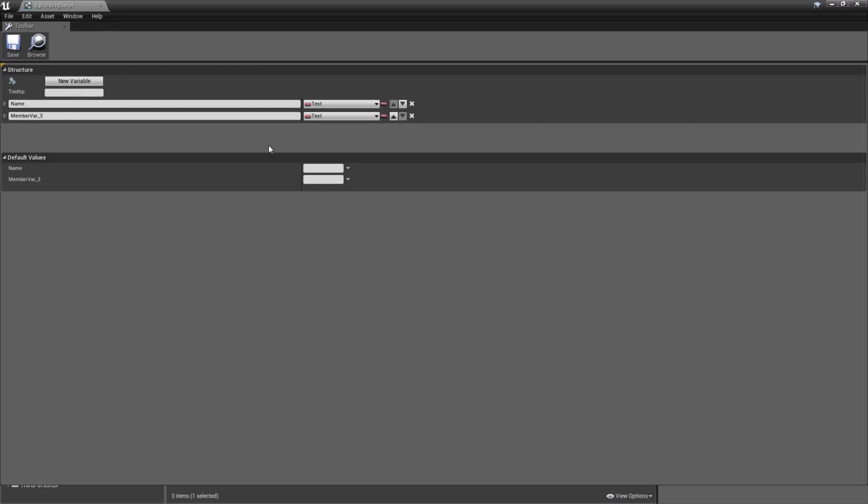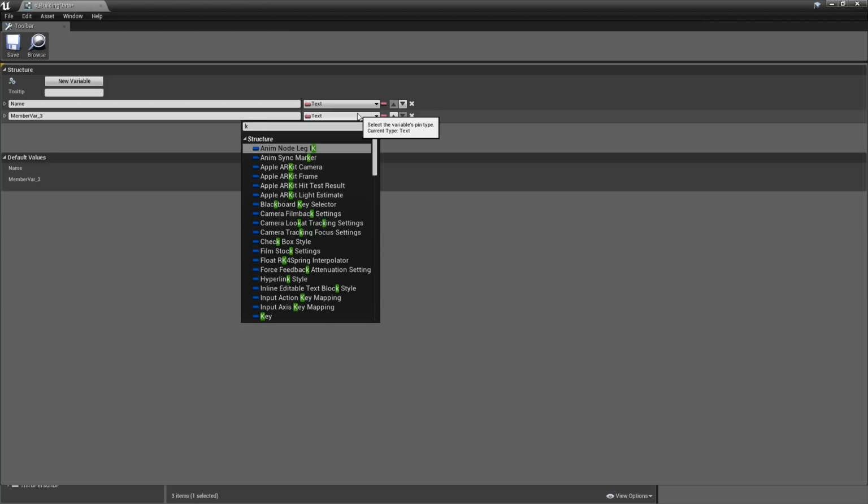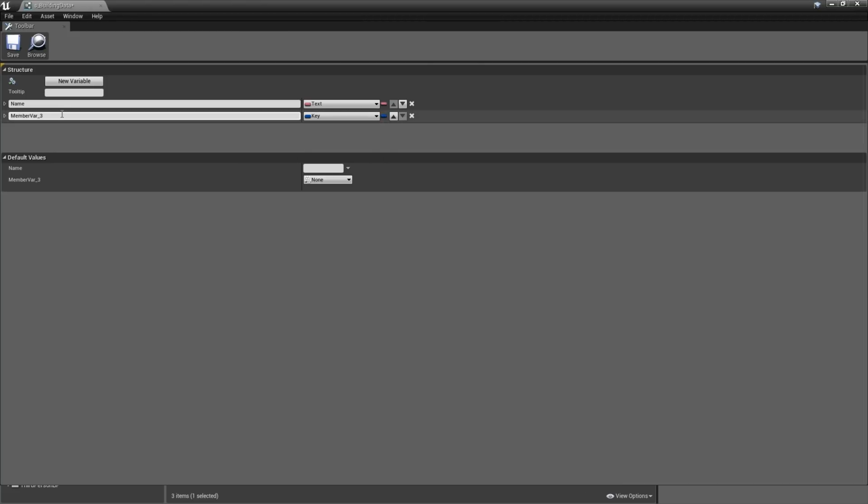Then we want every building to have a hotkey that can be used to build it. In this tutorial series, we won't deal with letting the player assign custom hotkeys to an action. So that's why the hotkey can be static and be defined in the building class. Usually you could set that up in completely different ways that would be more dynamic and allow for the player to change that. However, as I said, for this tutorial series, that's not our main focus. So the type here will just be a key. And let's call it hotkey.